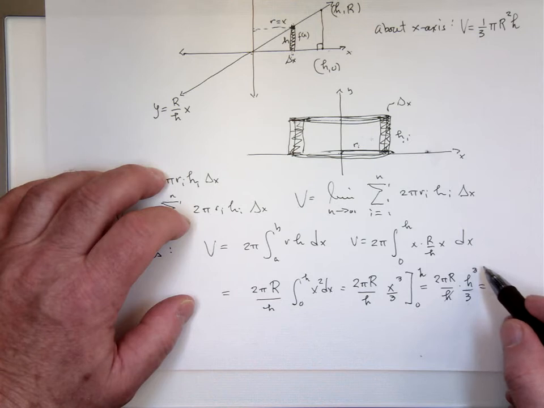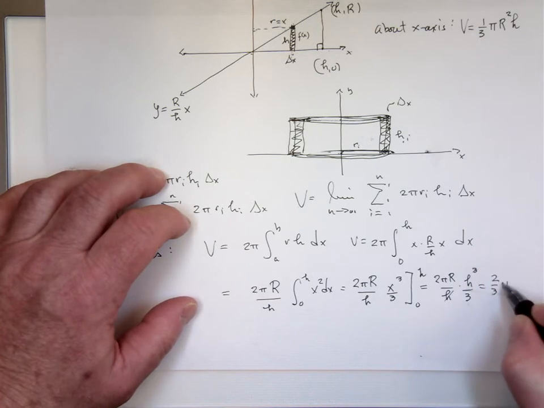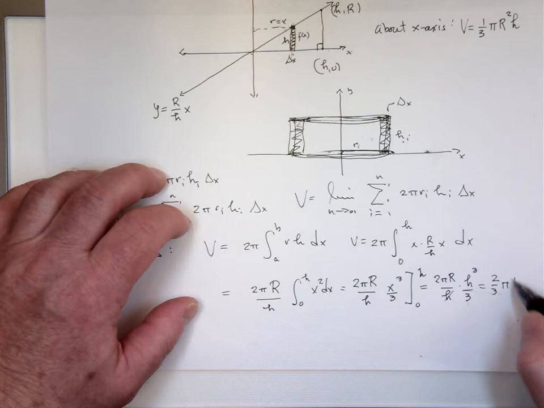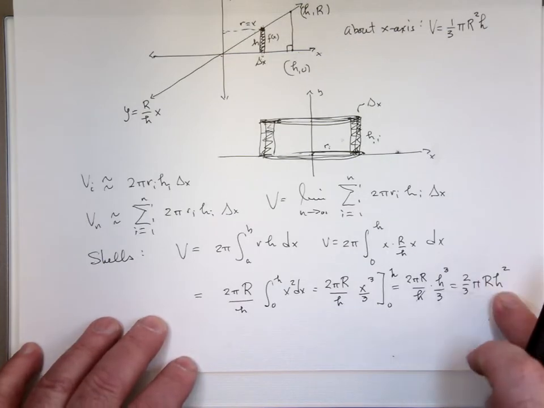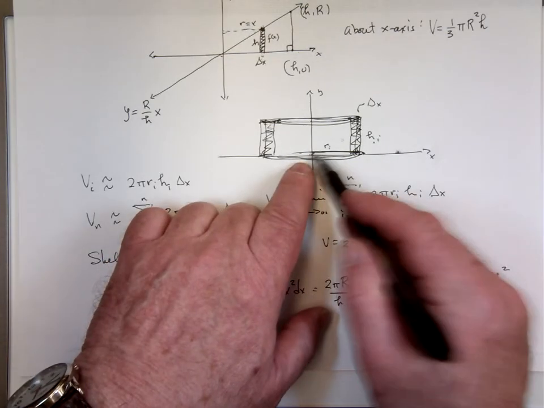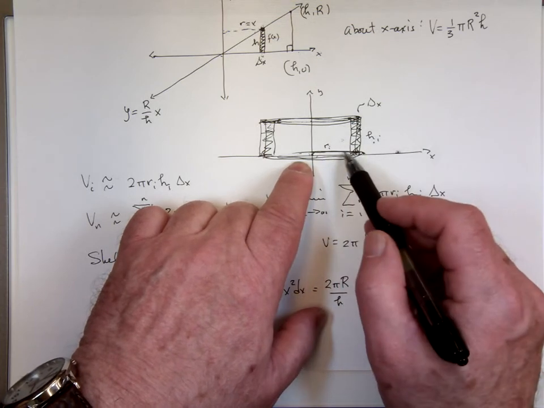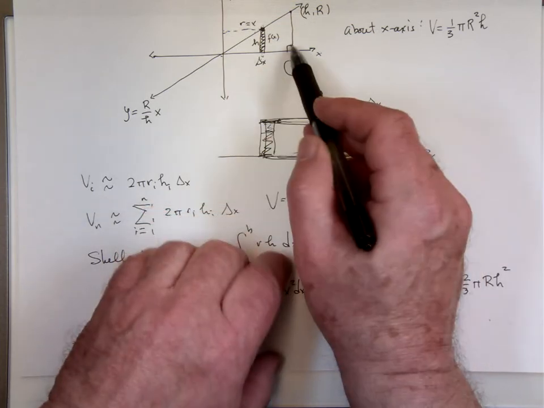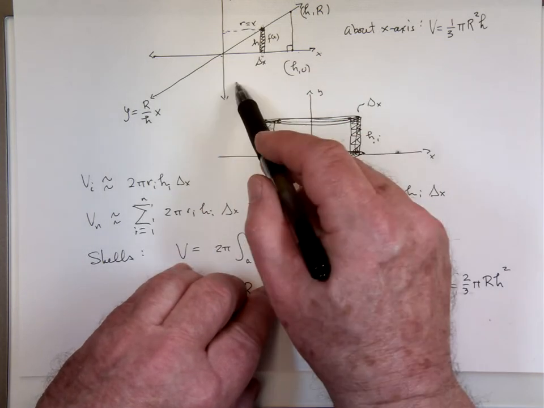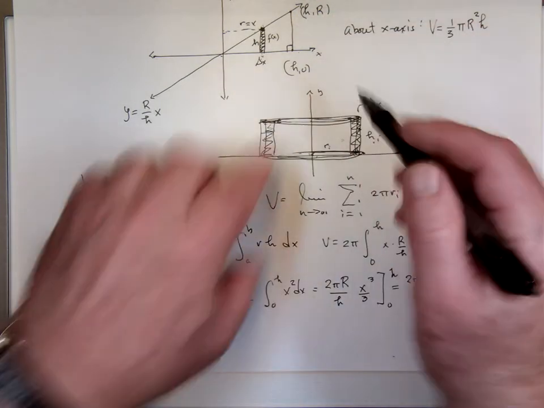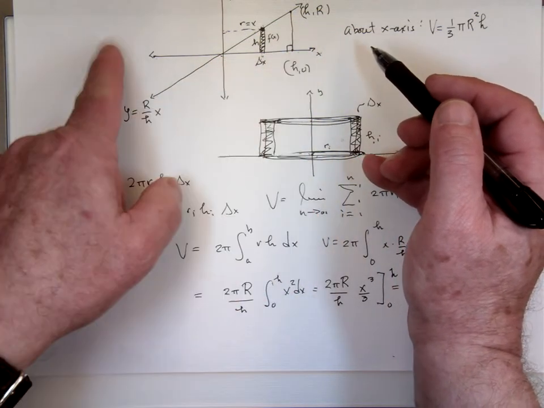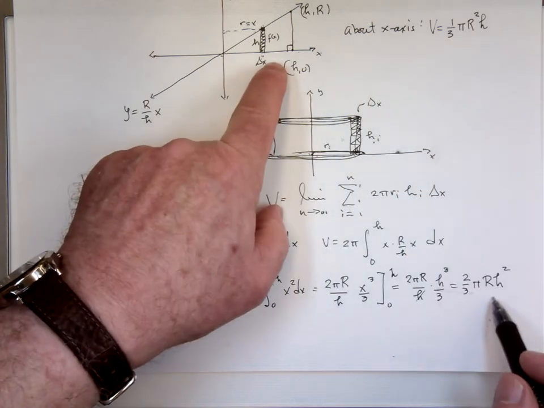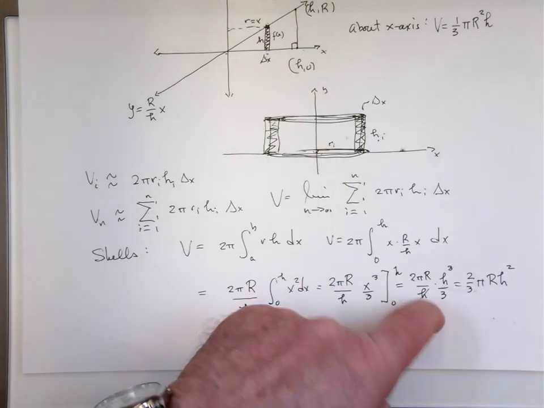r h squared. Now, this is exactly what Mohit was talking about, though. But why is it r h squared? Because the cone, what's the radius of the cone? The radius of this cone as you whip this around is the h part now, not the r part here. Because when we whip this around the y-axis, the radius of that is this distance. That's why the h is squared and not the r. But it's 2/3, just like he said. If you take the cylinder and take the cone out, what's left is 2/3 of that